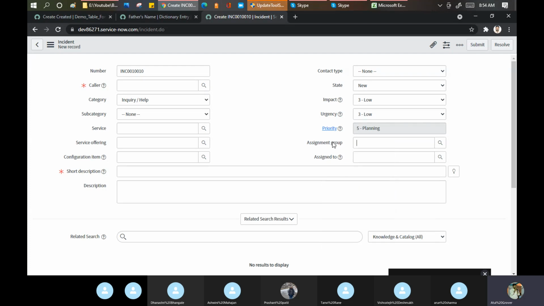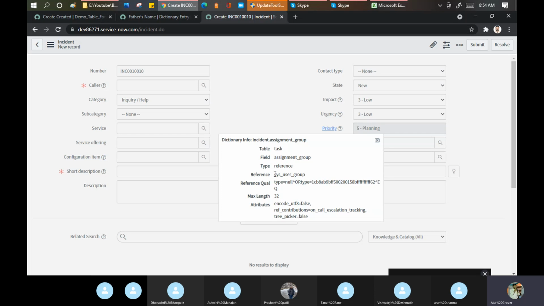Right click and show assignment group. sys_user_group. So you can make any field a, what I can say, reference, but it is up to you how you want to utilize that field, what value you want in that field. Let's take this example.